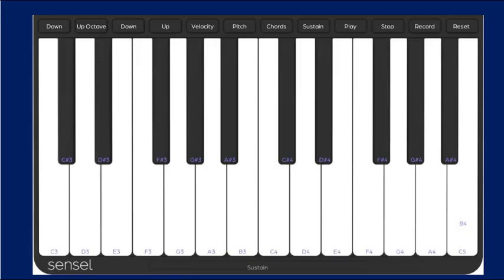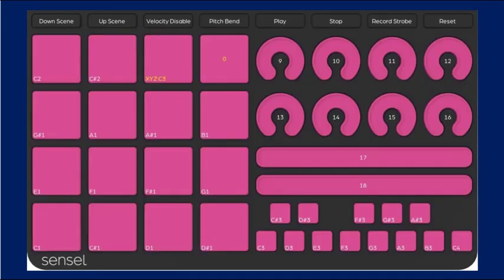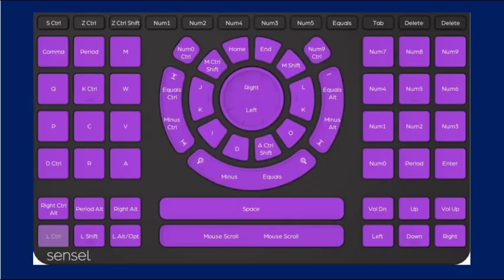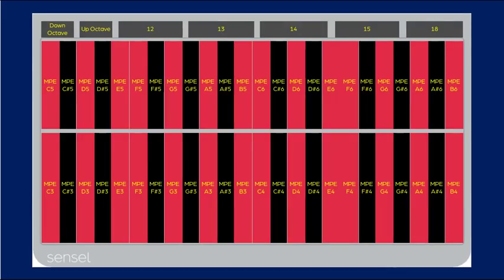They support piano keyboard layout, drum pad layout, a music production overlay, Buchla Thunder overlay, and additional options for an overlay supporting a QWERTY or Dvorak keyboard. You can connect that up to pads or phones and use it as an external keyboard. They have a game controller overlay, an option for paint and drawing apps, and in our case, most importantly, a custom, they call it Innovator's semi-transparent overlay that can be used to create your own unique controller layouts with their